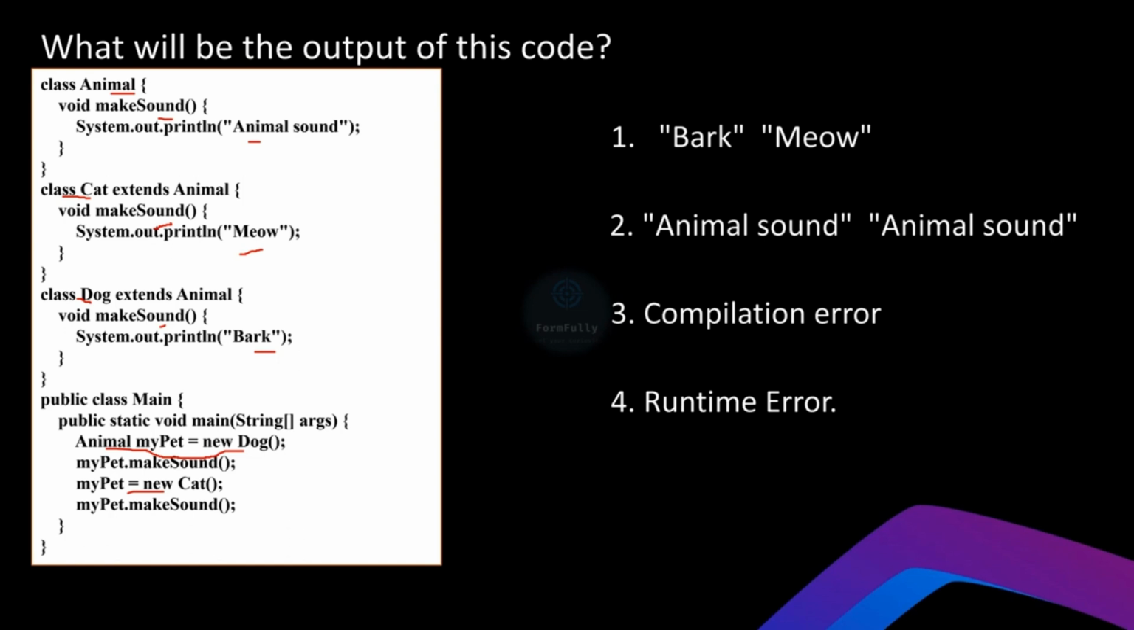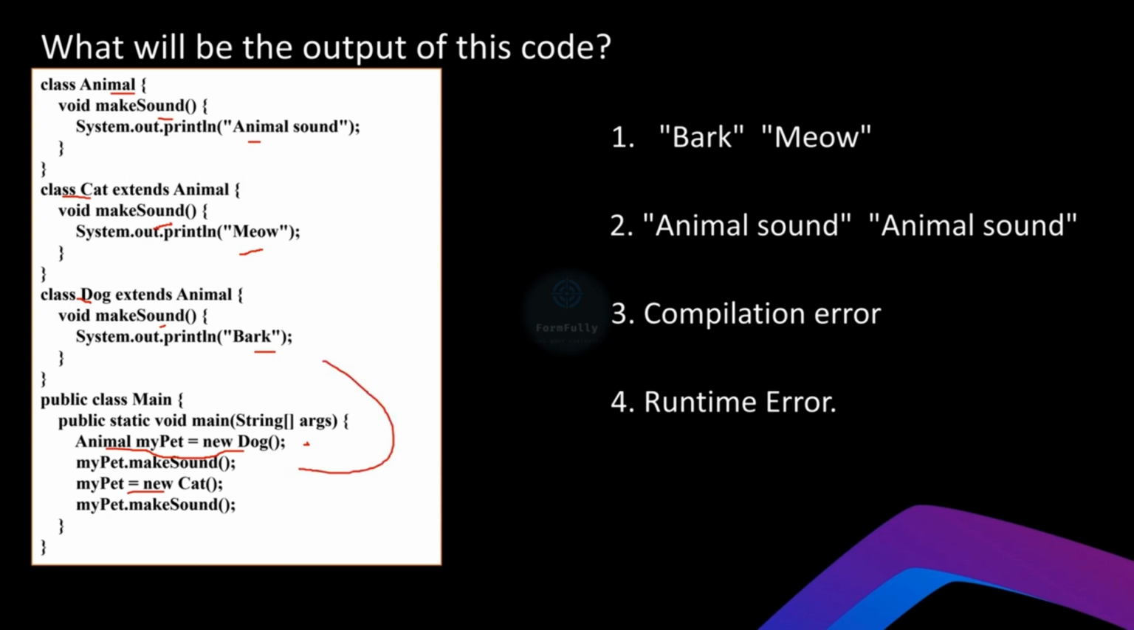In the main method, Animal myPet = new Dog() creates an Animal reference called myPet and assigns it to a Dog object. Then when we call the myPet.makeSound method, Java determines which version of the makeSound method to execute based on the actual type of object at runtime. In this case, myPet references a Dog object, so the makeSound method of the Dog class is called,